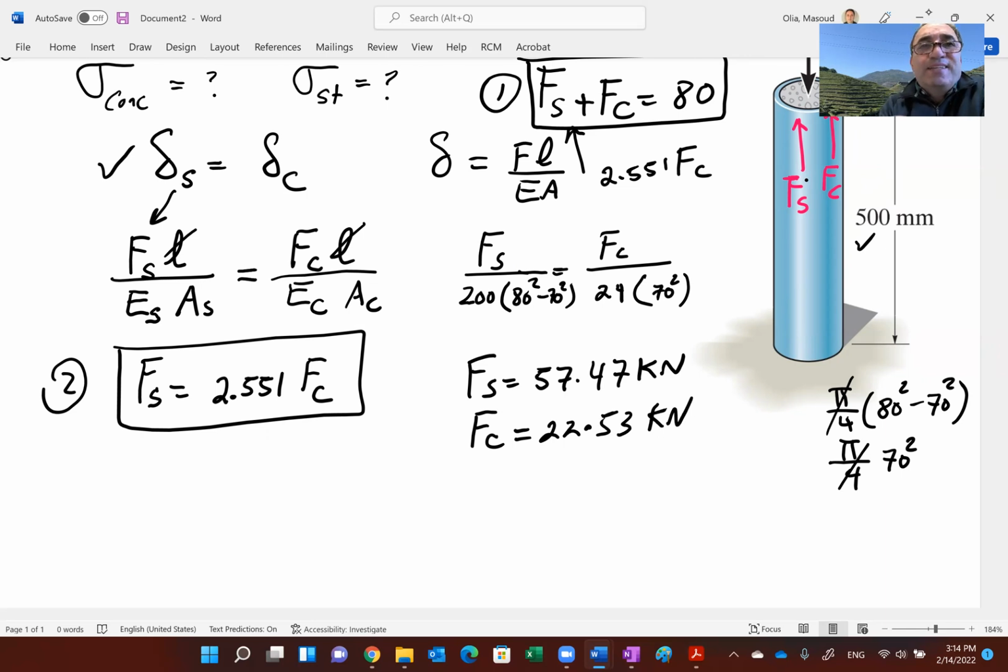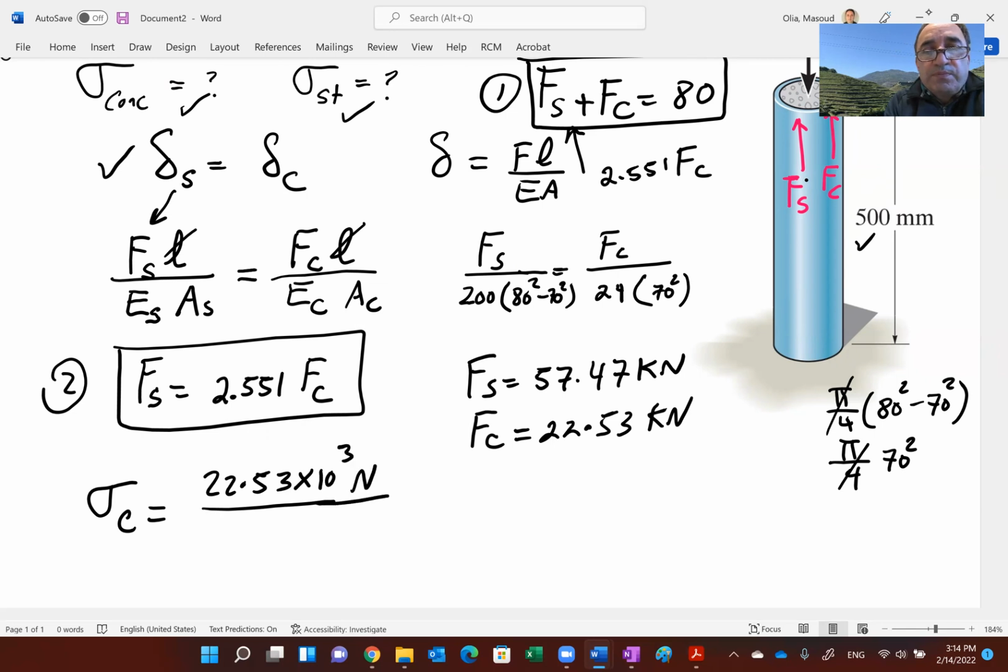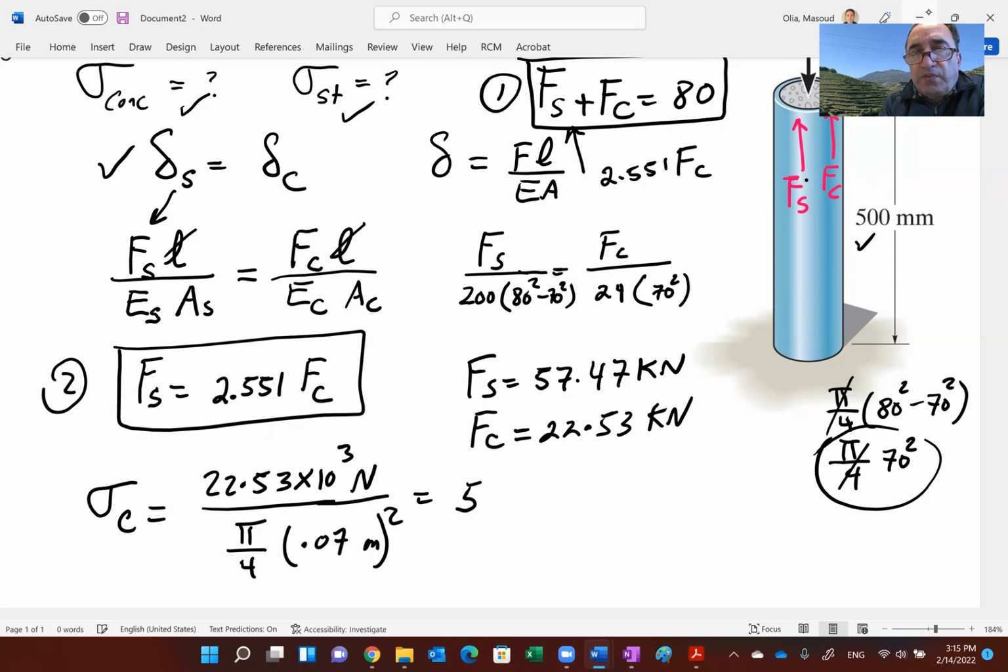And then the next item is what? Figuring out the average normal stress. So the average normal stress for the concrete is going to be what? The force in the concrete, which is 22.53 kilonewtons. So just now put the appropriate units and look at the area. Now I have to worry about changing the millimeters to meters. Actually, let's write it as meters and square it. So you get Newton per millimeter squared. If you do the calculation, sigma in concrete should be not much, 5.85